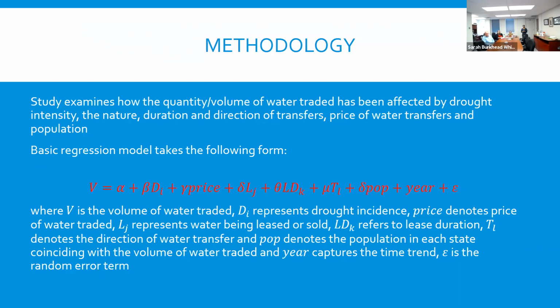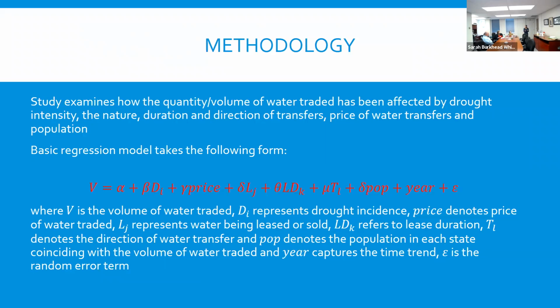And LJ represents lease. So water leasing is like this. Let's say I am a farmer and Karen here is a city, a municipal agency, and both of us are negotiating. I will be selling water to her, but I have decided I will sell it for just a year. I can do it for 1 year, this year 2019, let's say, or I can do it until 2020 or for 5 years. But I'm not permanently selling my water rights to her, okay?